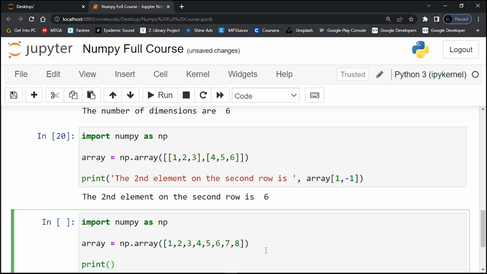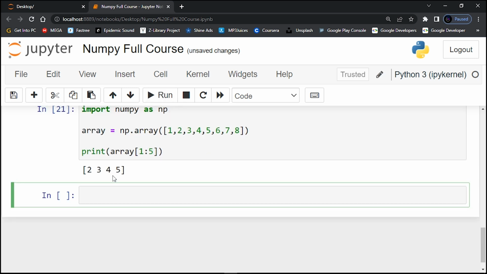First of all, we define the array that we want to slice, which is the array object. The variable used was array, and now we specify how we slice it. For example, we can choose to slice from index 1. Remember, 1 is like 2, and then to index, for example, 5. Let's run, and then you can see it has begun from